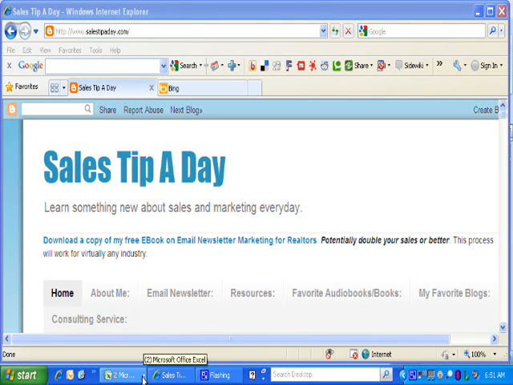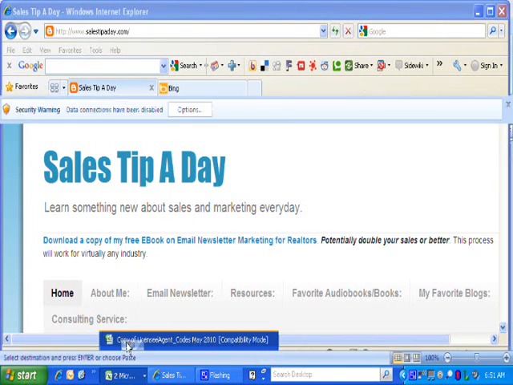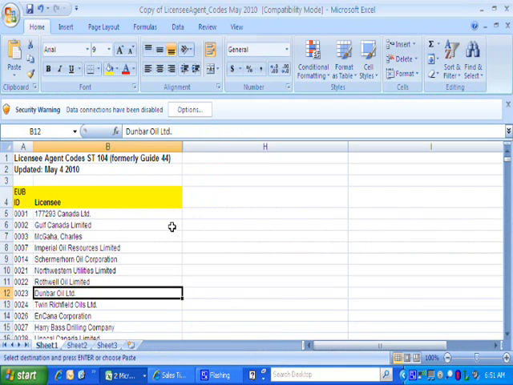Today I'm going to show you how to take two pieces of disparate information in Excel and find out if there are matching names or matching figures or matching numbers on those lists. So what I've done, I've actually got a copy from the oil and gas board here in Alberta